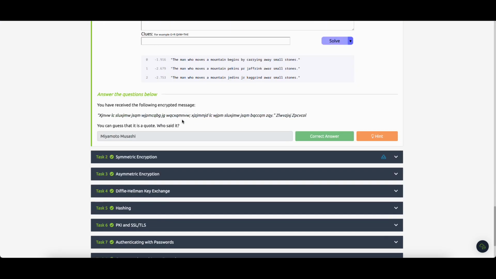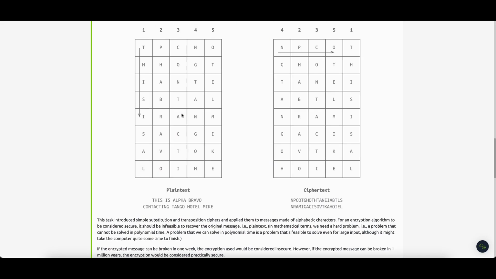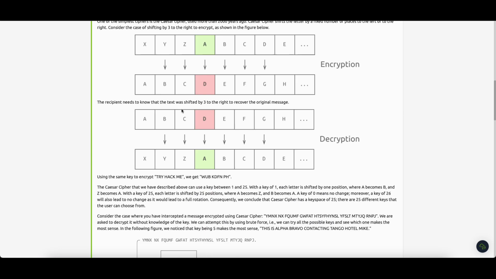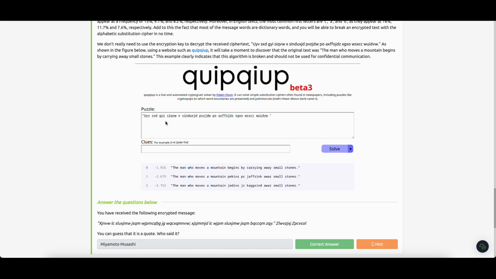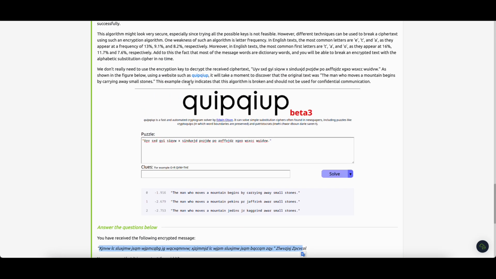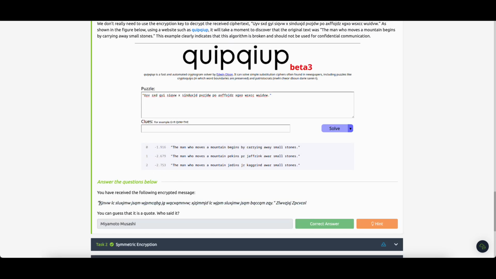Here, do we need any answer? Yes, guys, here we need an answer. But how are we going to do this? You have received the following encrypted message, like this. You can guess that it's a code. Who said it? We have to visit this website to solve this question and paste all of these values